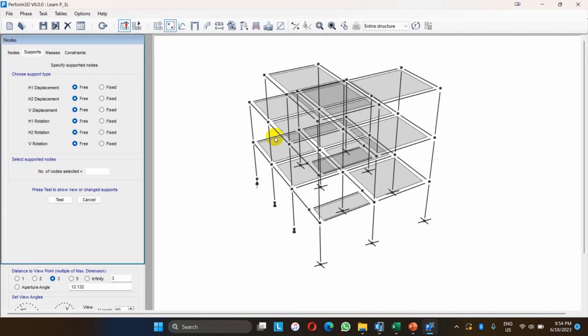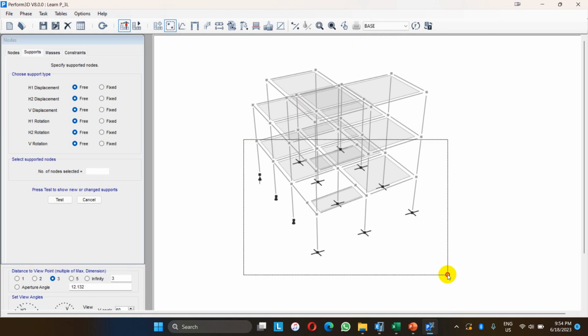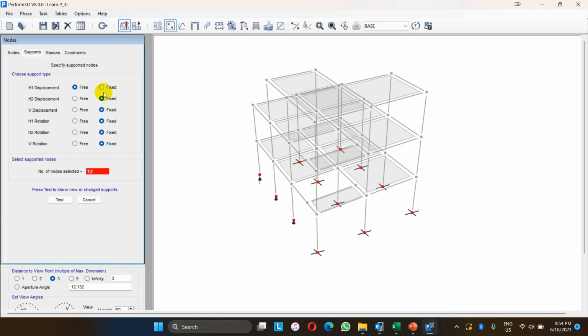So here, if we choose the base of the structure, we can select the node at the base of the structure. For each node, if we put fixed for 6 degrees of freedom for the node 12, this one is the fixed support. For example, if we have to assign the hinge support, then we have to go for this, as in tabs. So this one is the hinge support. And also if we have to assign the roller support, we have to go for